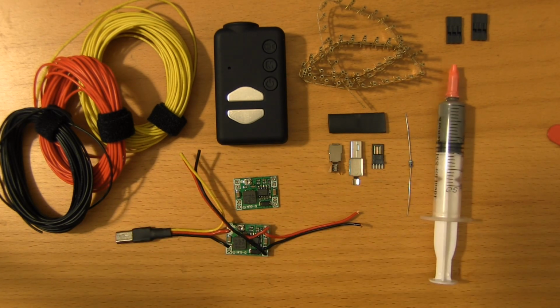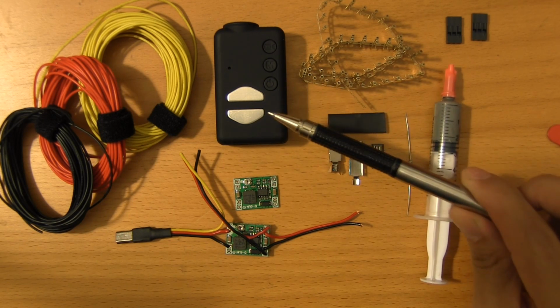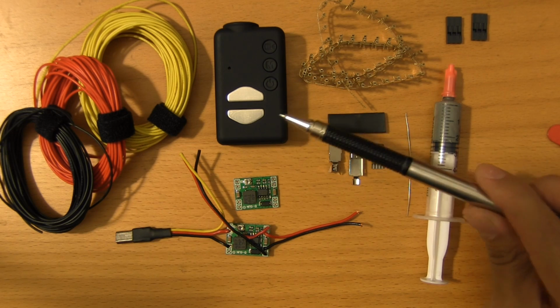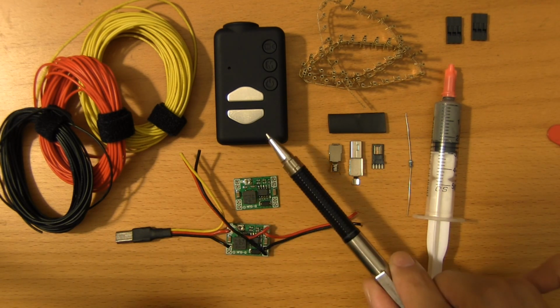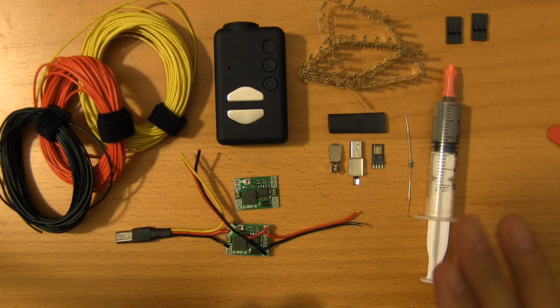There are some very special considerations that you have to make for operating this camera. These have pretty high amperage requirements, more so than most components that you'll find on FPV rigs that are around the 100 or 200 milliamp range. You need something on the order of about half an amp of a power source to be able to operate this in a clean fashion. If you operate with anything lower than that, you're going to run into issues. That's why